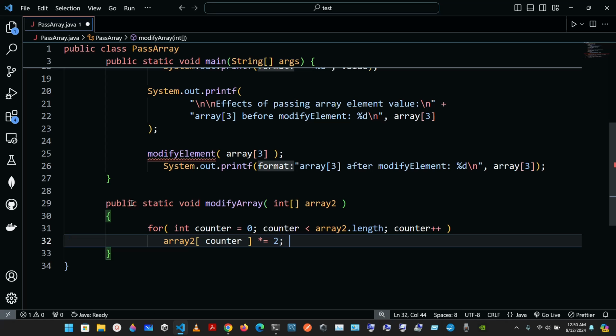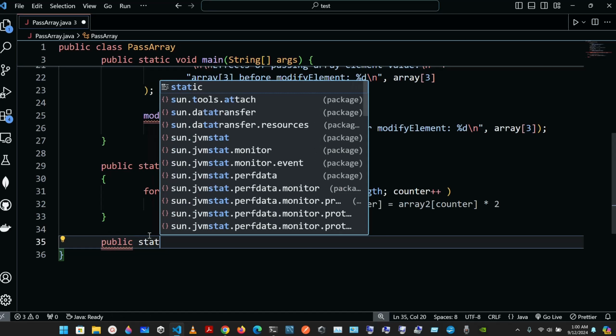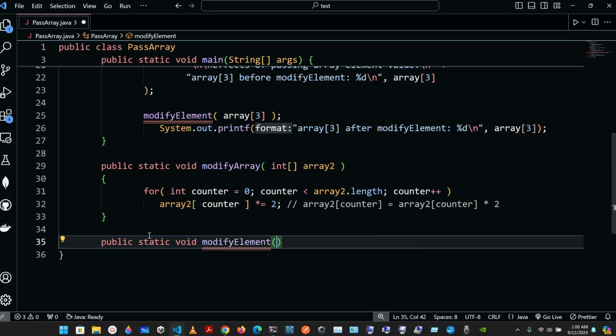So this would be pretty much saying array2[counter] is equal to array2[counter] multiplied by 2 like that. Then it's gonna be public static void, and it's gonna be modifyElement like that. We're gonna open